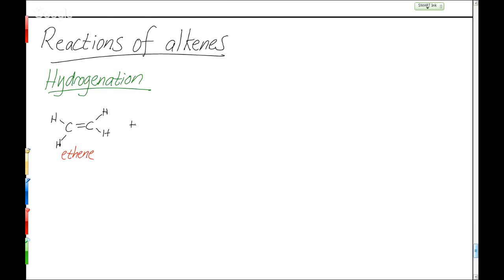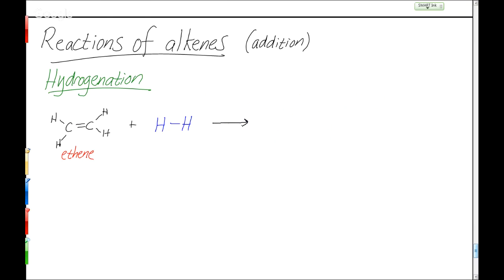And if we are hydrogenating something, what do you think we're reacting it with? Close. Hydrogen, yeah, just the hydrogen part. So hydrogenation is just reaction with hydrogen. And it's called addition. Actually, all these reactions are called addition. So we take our hydrogen, like that, react it with the ethene,